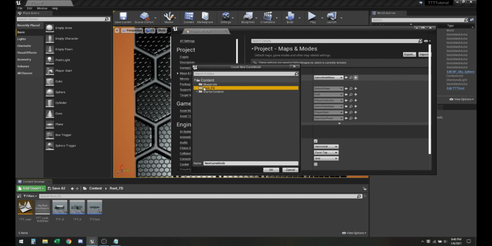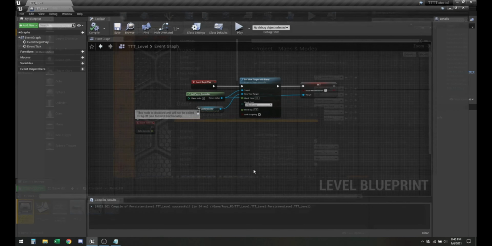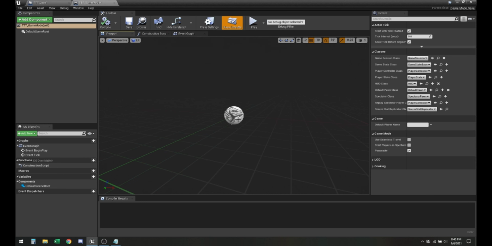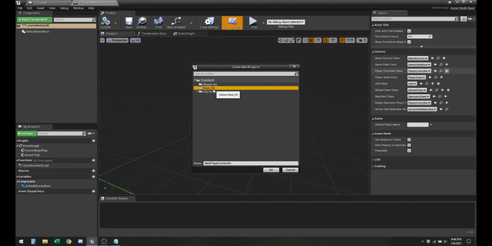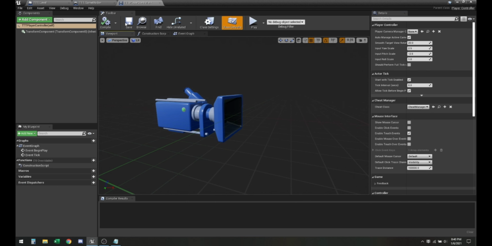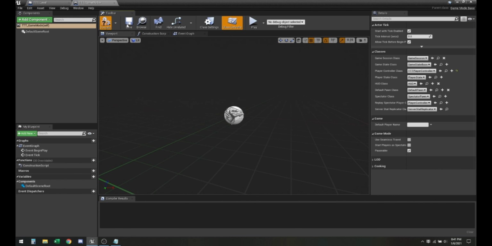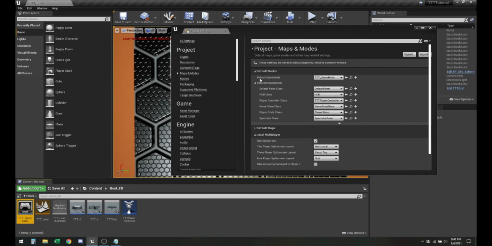So let me just create a new game mode, DTT_game mode. And now this game mode has everything already included. Is it? Oh no. I need to create a new player controller, so I'm just going to name it DTT player controller. Okay. And make sure you compile and save that. Okay, so now that the game mode is set and DTT player controller is set,